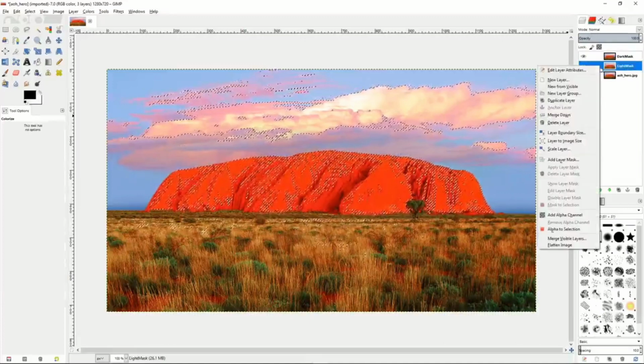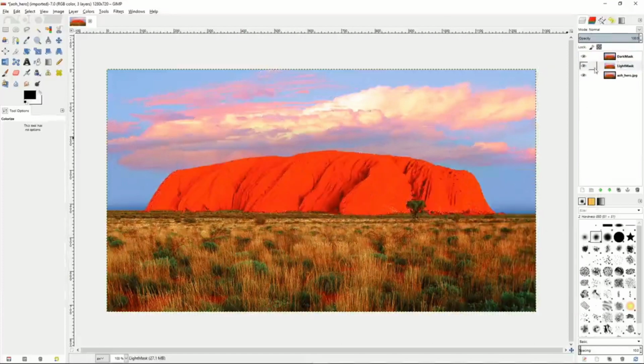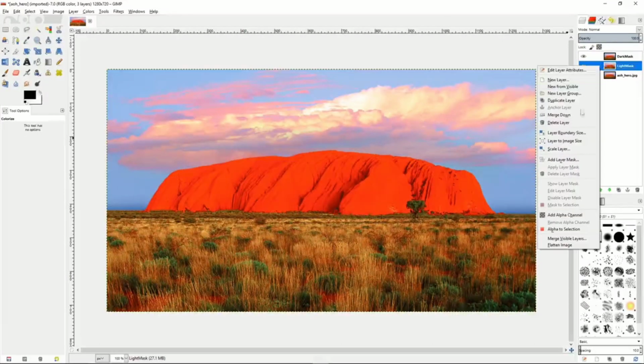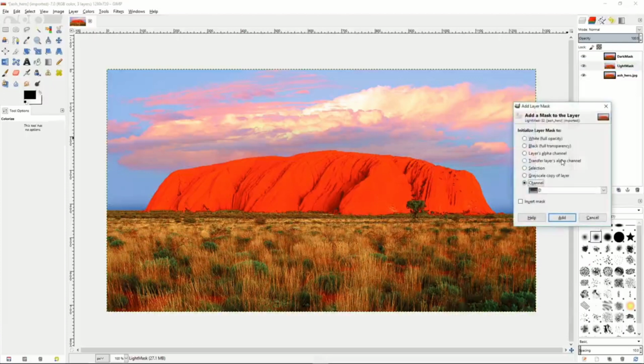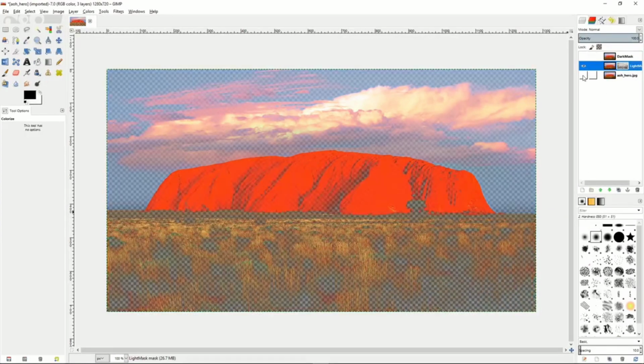And then for the light mask, we'll right click and then make sure that your selection is none. So we'll right click on the light mask, click add layer mask. Instead of normally you would make it white, we'll set it to channel. And you can see under our channel, we actually have all of our different channels here for our shadows and our highlights. So if we go to our light channel, we can add that, and it will actually change it so you can see our light channel removes all of our shadows from the image,